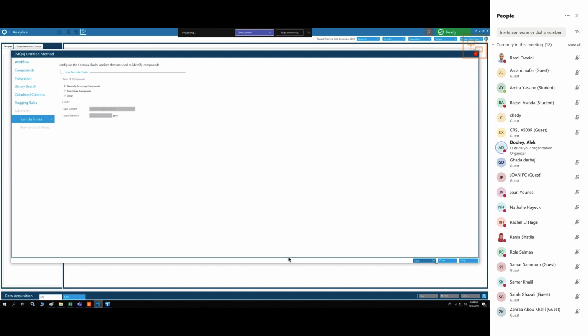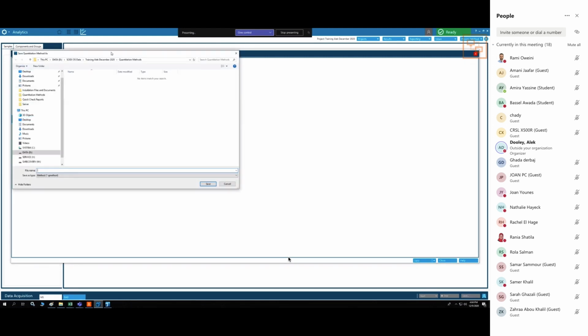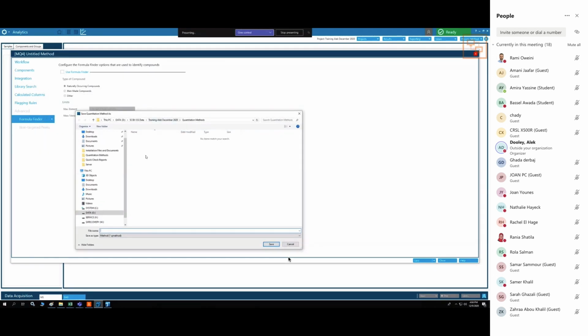So now I'm going to save as. That's why I put in the name of the project, but if you remember I put install chromatography in the name of the method because that affects the retention time. So what is this? Target screen, C18, right? C18. That's good. And then library search